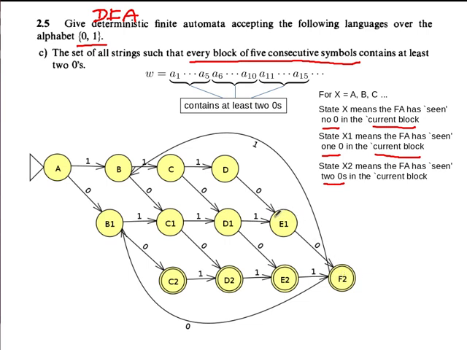And you may not have, as I said, 5 symbols in that block, or even before you read all the symbols, perhaps you have already seen 2 zeros. Maybe you have seen 1 0 0. So you are already in this thing, and everything after that is accepting. So no matter what you see here,